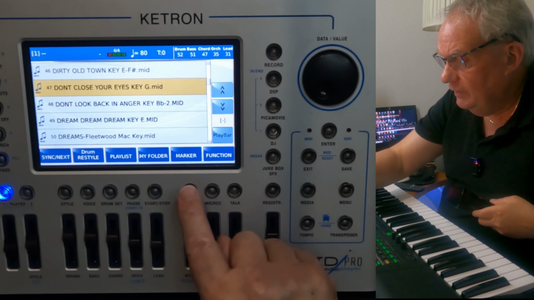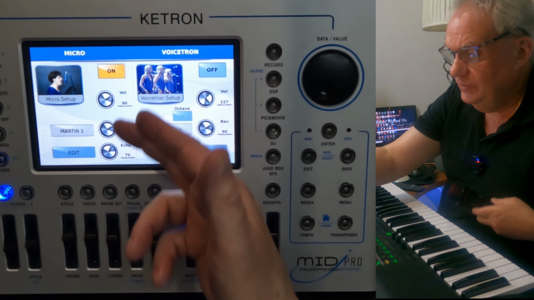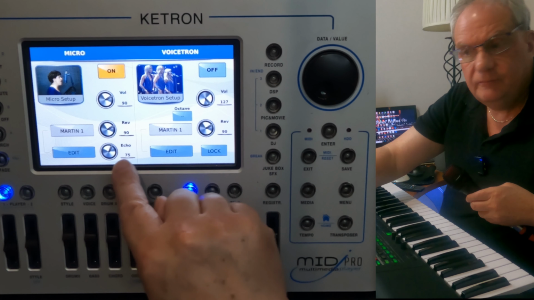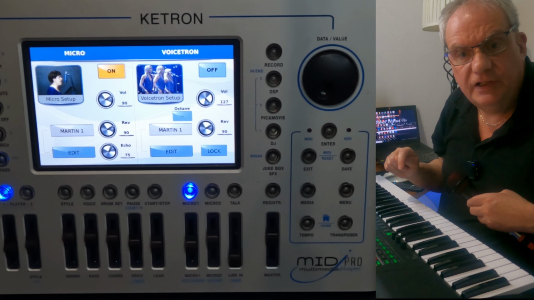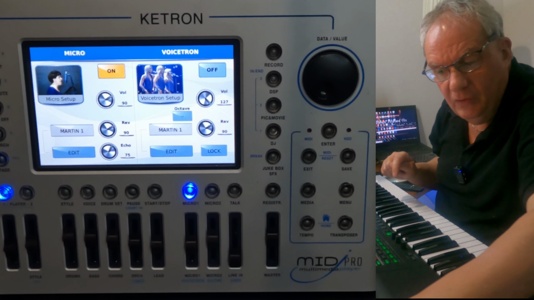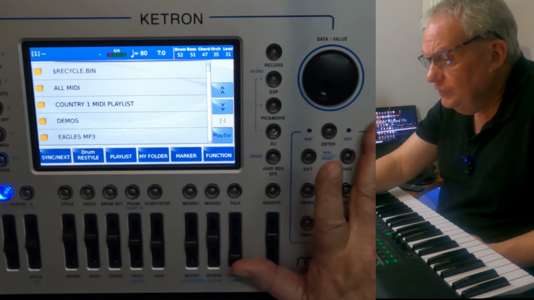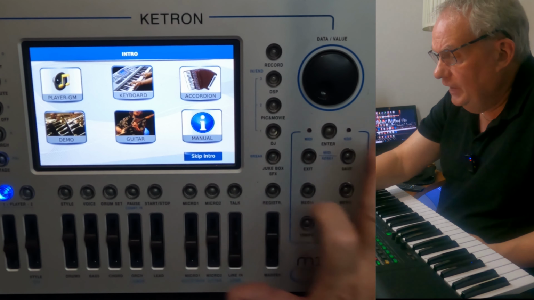Okay, so now let's have a look. There you can see my volume is at 90. Reverb 90. And the echo stayed at 75. Okay? So I hope now you understand that, because it can be very confusing here, because you've got a